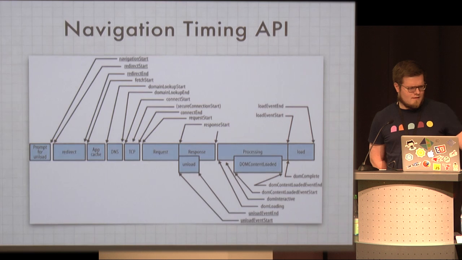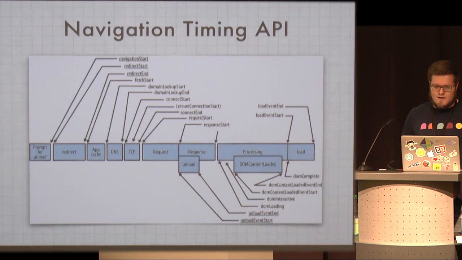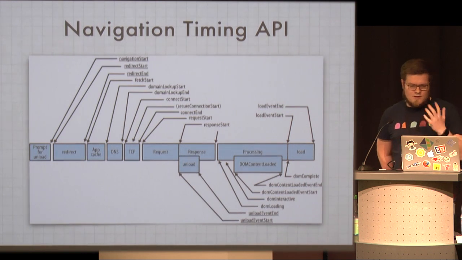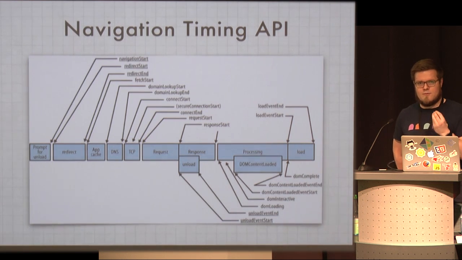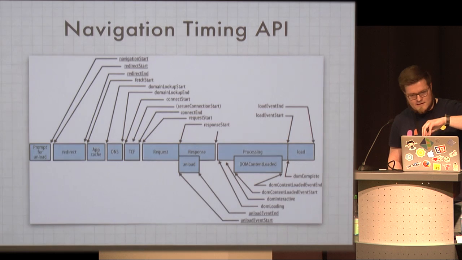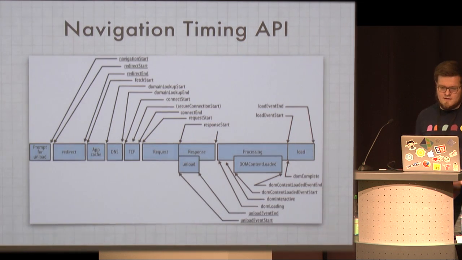We saw the custom timing API before, where you have a structured way of asynchronously accessing the performance data of your site. So your measurement script doesn't have to be present at the start of the page. It's okay if your measurement script comes in 10 seconds later, because it has access to the data the browser